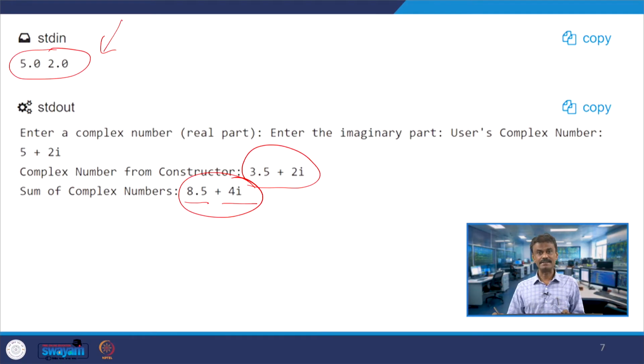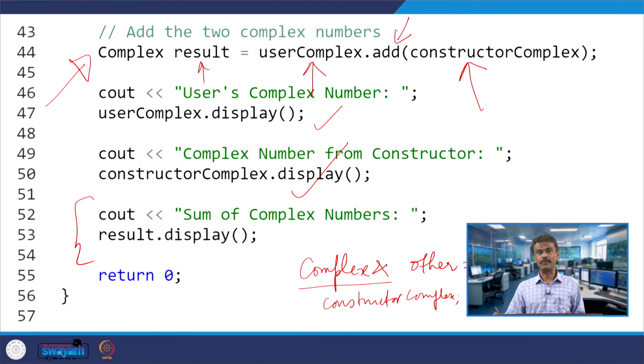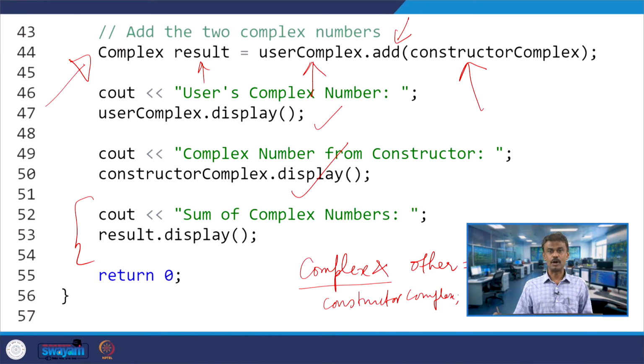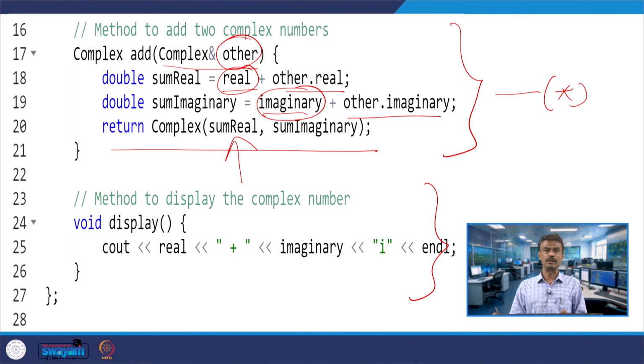In another case, the user complex object is invoking the add member function and you are passing constructor complex. When you are passing constructor complex, the user complex dot real will be the usual real in the function, that is line number 18, and user complex imaginary will be the imaginary in the function.